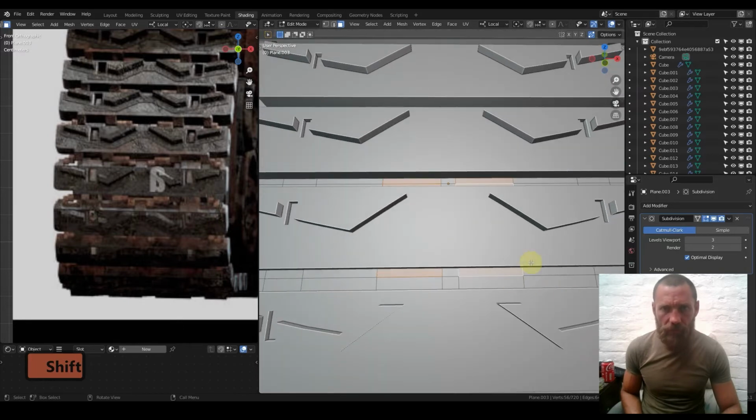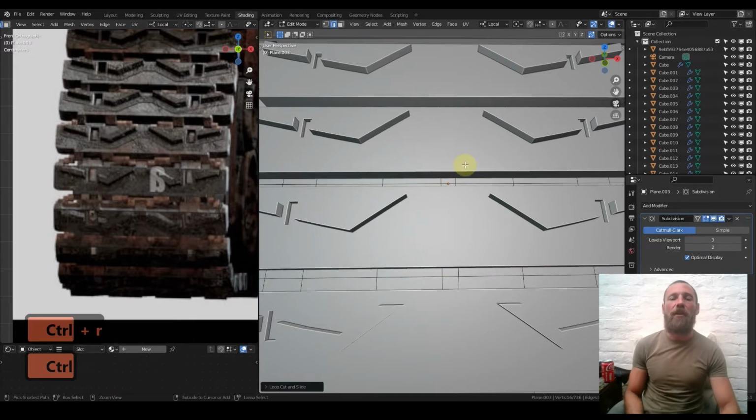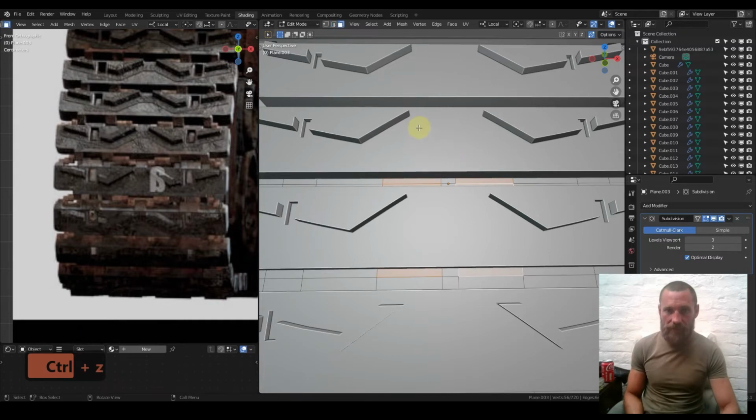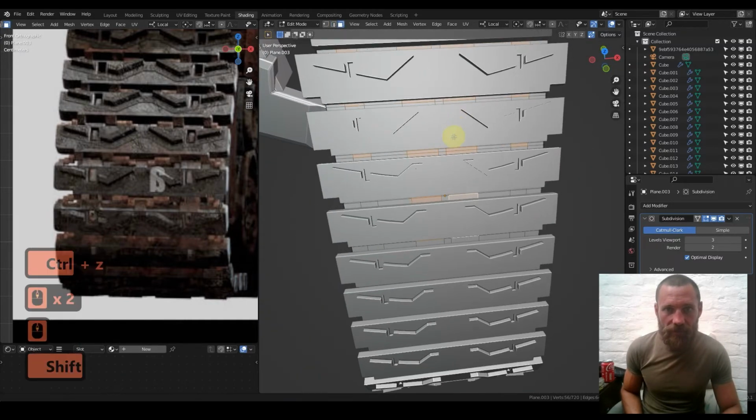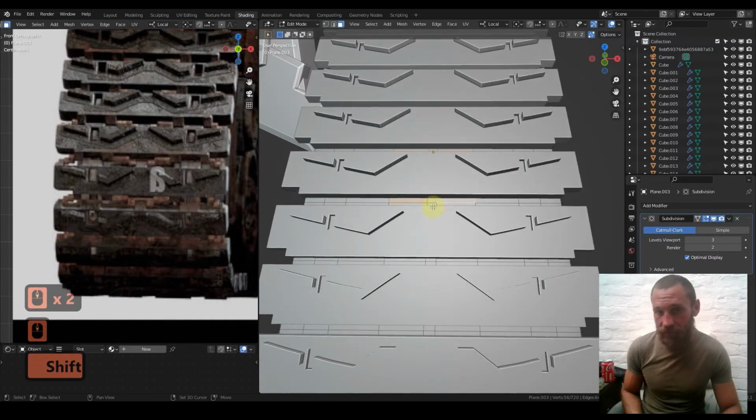There's no separation here, so we need to put a loop cut in between these. So press Ctrl R, plop. Oh crap! Cut. Ctrl Z. Trust me. When you've made some selections and you come across something like that, you know you're going